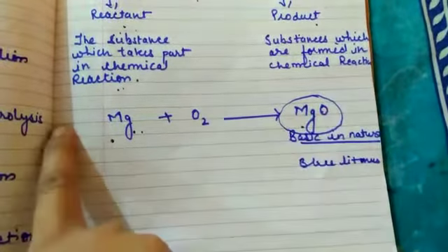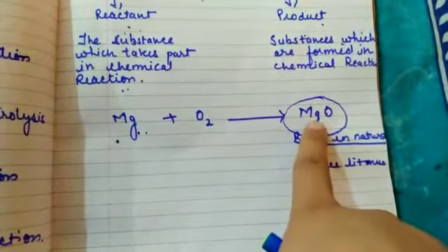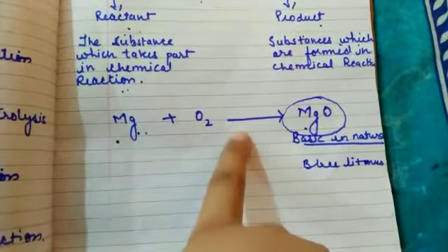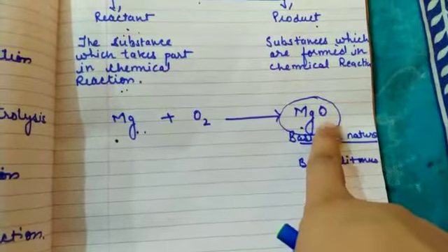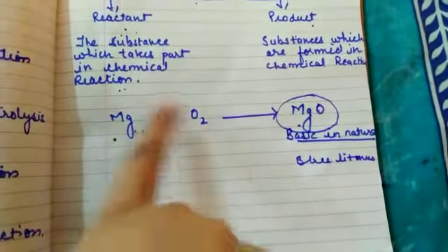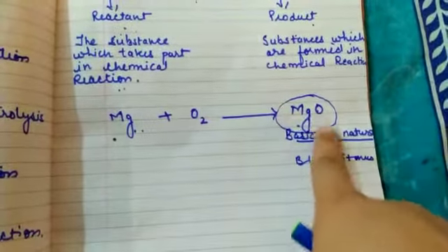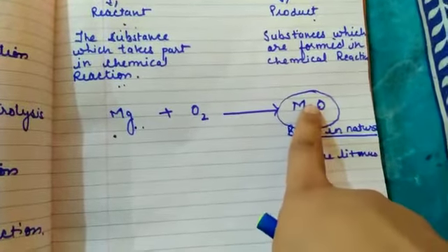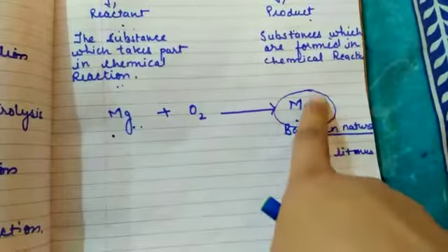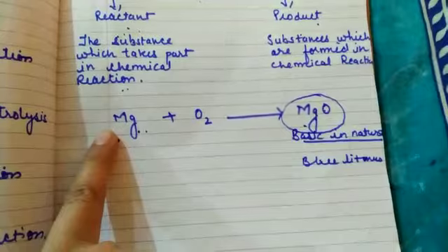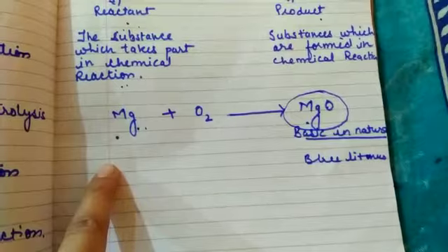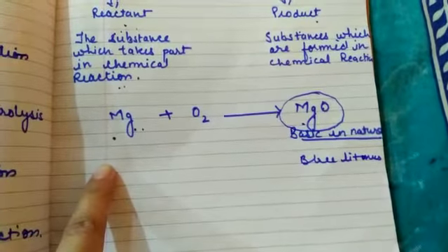Okay, so this is the chemical reaction in which two reactants are combined together to form a product. So this is a product, and these two are reactants. Now this magnesium oxide, what will happen? This magnesium oxide will never turn back into the magnesium ribbon. ये magnesium oxide वापस से magnesium ribbon नहीं बन सकता है. That is one more property of a chemical reaction, that it is irreversible. ठीक है, रिवर्सिबल नहीं होता है, irreversible होता है.